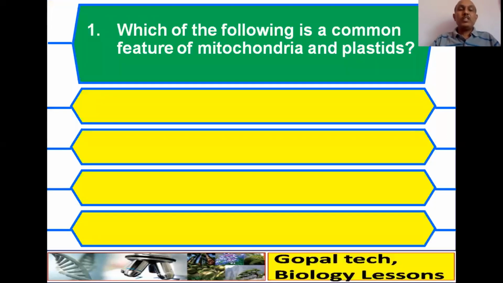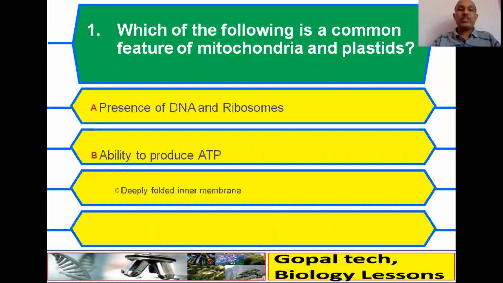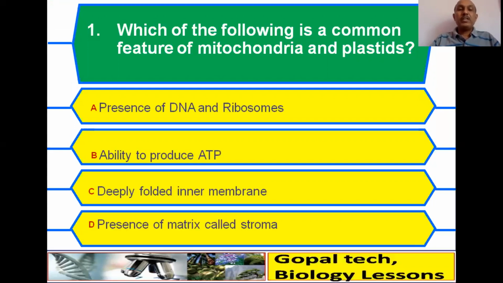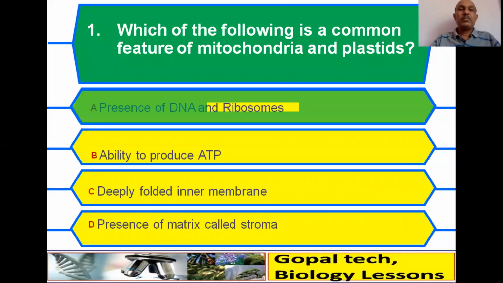नाउ अभी इस प्रकार के भी आएंगे, ये भी एमसीक्यूज हैं। विच ऑफ द फॉलोइंग इज ए कॉमन फीचर ऑफ माइटोकॉन्ड्रिया एंड प्लास्टिड्स: प्रेजेंस ऑफ डीएनए एंड राइबोसोम्स, एबिलिटी टू प्रोड्यूस एटीपी, डीपली फोल्डेड इनर मेम्ब्रेन, प्रेजेंस ऑफ मैट्रिक्स कॉल्ड स्ट्रोमा। अगेन वीडियो पॉज करो, राइट योर आंसर, देन चेक। क्या है सही आंसर, yes, that is presence of DNA